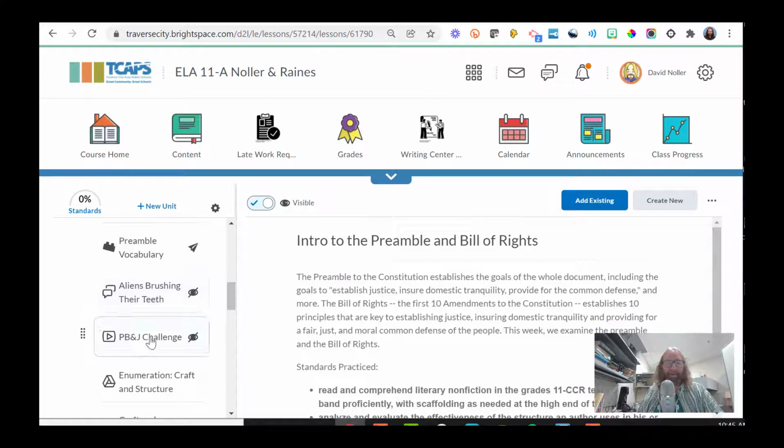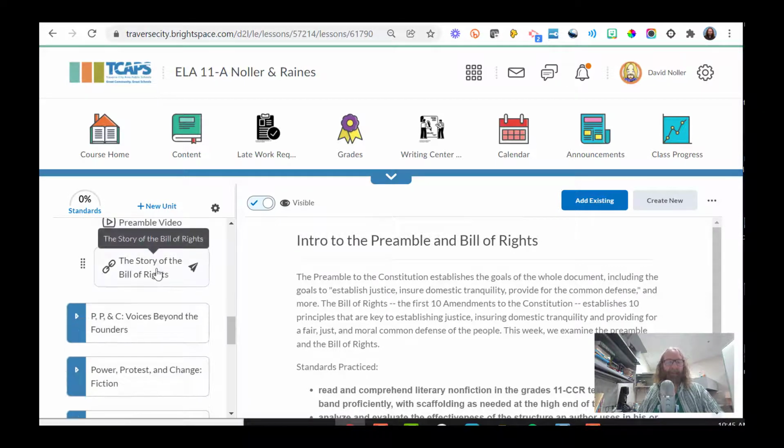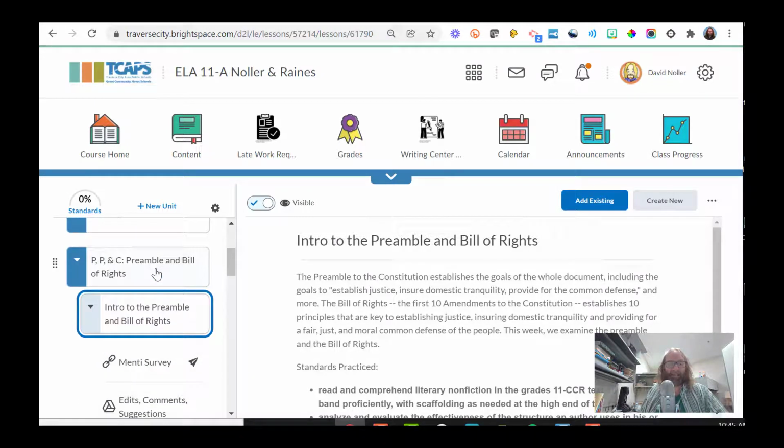to instruct them. Watched a video from YouTube on the peanut butter and jelly challenge, how to tell people how to make a peanut butter and jelly sandwich and how specific you have to be, which led up to our little mini lesson on enumeration and writing. And finally led to a video at the end of the lesson about the story of the Bill of Rights as told by a group of young people. So you can add any number of things to the Content tab in your lessons to lead students from early learning